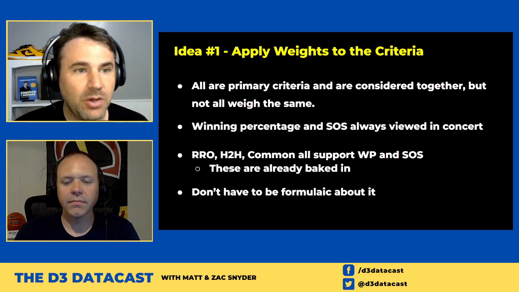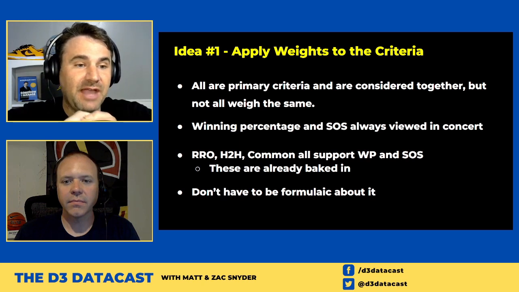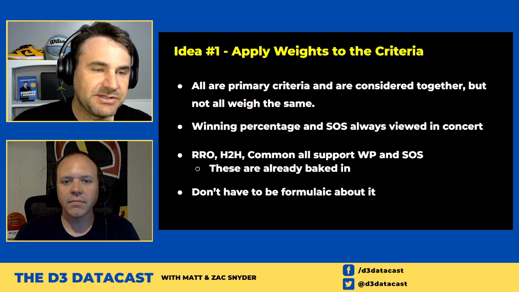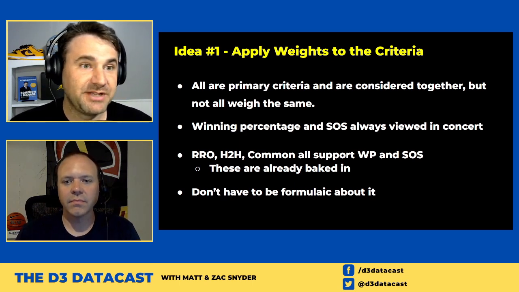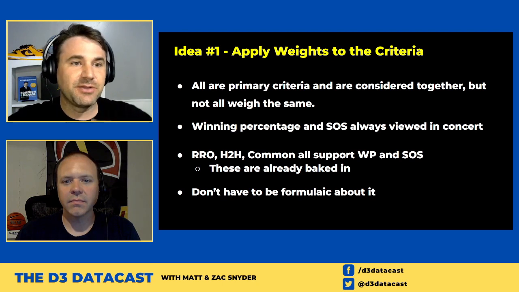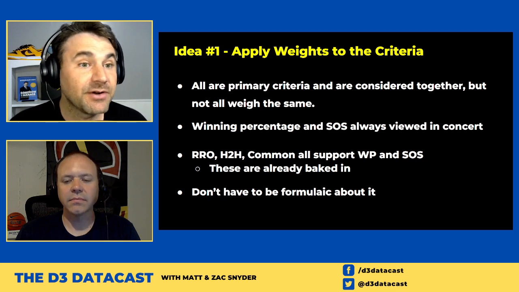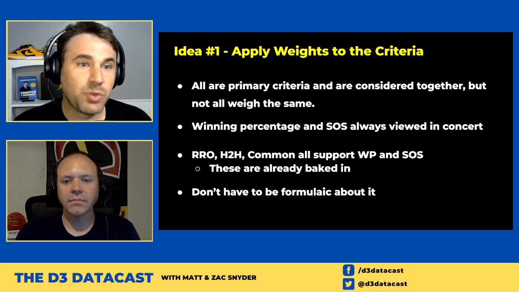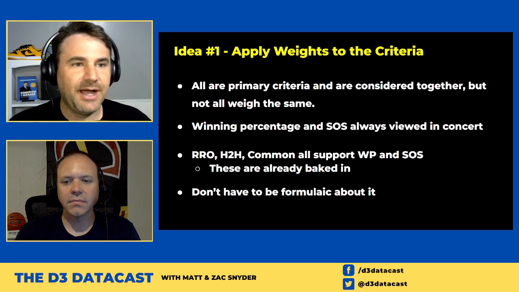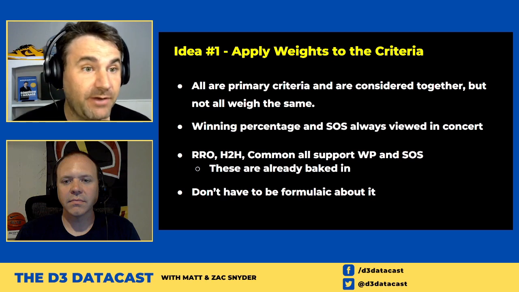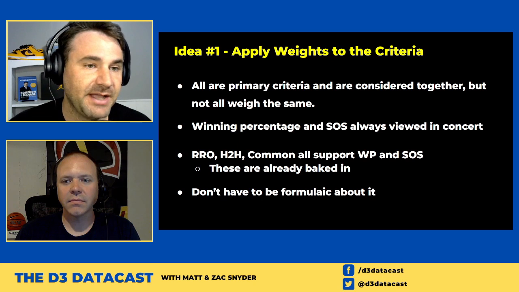So I would like to say winning percentage and strength of schedule, always consider those two together, because a winning percentage without a schedule strength is somewhat meaningless, and a schedule strength without a winning percentage is definitely meaningless. So consider those together and consider those first, and then have those other three items support that, add flavor, add context. I don't want to use the word tiebreaker. It's more than a tiebreaker, but it's along those lines. When teams are very, very close and very, very even in winning percentage and strength of schedule, we're really going to dive in and want that extra flavor and context.